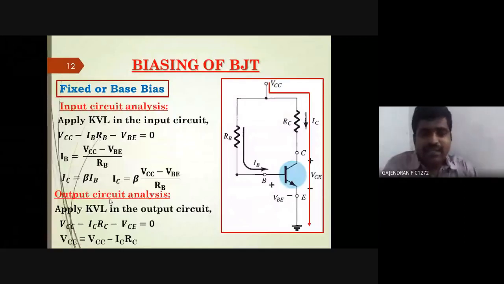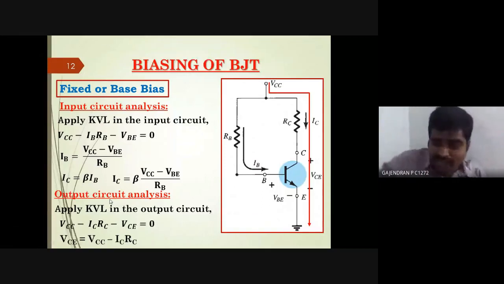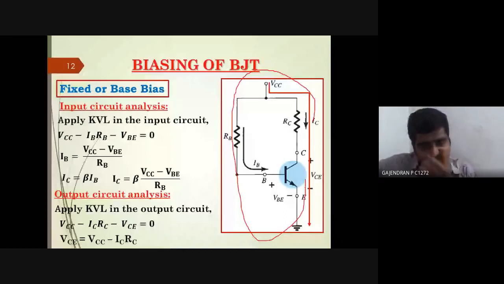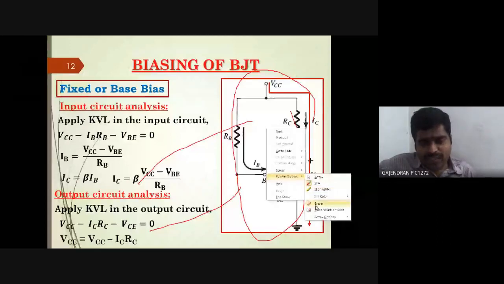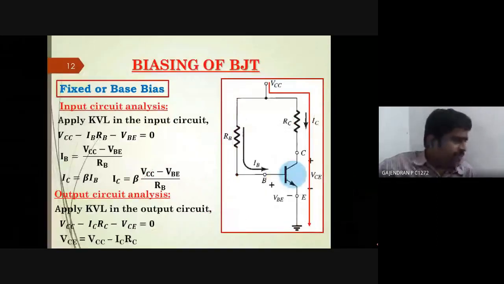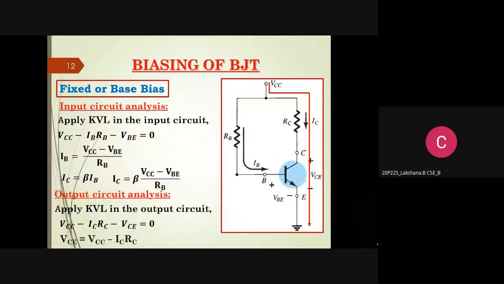Okay, sir? Yes, I got two analyses. I no need to remember this. If you know the circuit, you can write these analyses. Am I correct, sir? Shall I move to the next slide? Yes. Now,